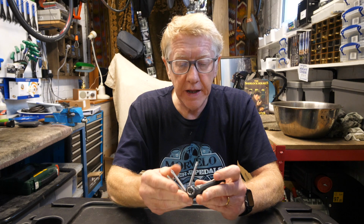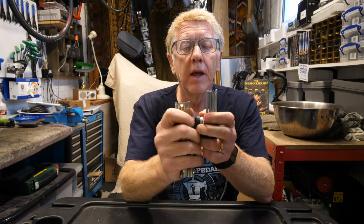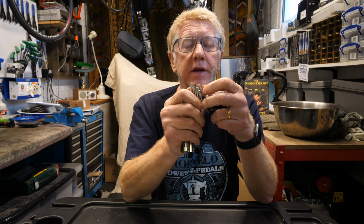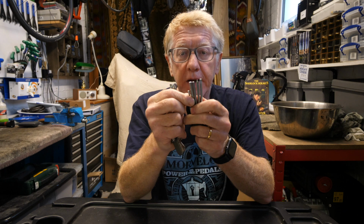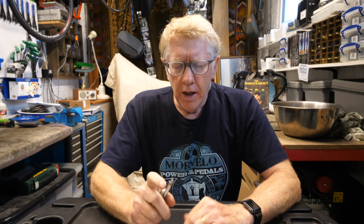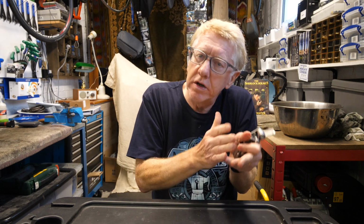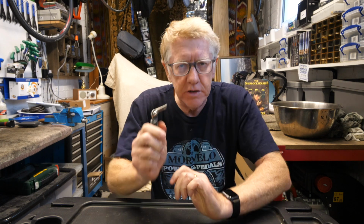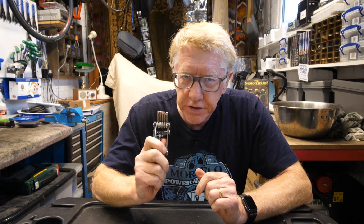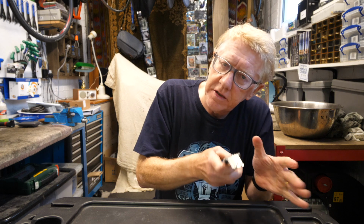Both of these tools have a collection of these things here, and we have the similar collection here, and we call these Allen keys, named after a gentleman called Allen, funnily enough. And you'll find that there's about 4 or 5 or 6 even here. There's quite a few of these Allen keys. And the reason for that is that some of these keys work on the left side of your bike, and some of them work on the right side of your bike. Now it will be in the instructions that you receive with your multi-tool, so make sure you study those carefully, because you don't want to use a left-sided Allen key on a right-sided bolt, and you don't want to use a right-sided Allen key on a left-sided bolt, because you'll